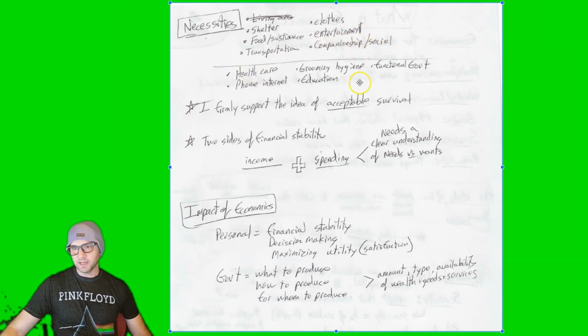Now, below the line, my definition, because I firmly support the idea of necessities being acceptable survival. We live in a country and an area where there is no reason to not go for an acceptable level of food. You can survive by picking food out of a garbage. I have a video of that in the Philippines from 6 years ago. There was a problem, and I hope it's getting better. It was garbage chicken, and that is a necessity, food for sustenance, but that is not acceptable to me. I need food without parasites. I need food that doesn't make us sick, okay?